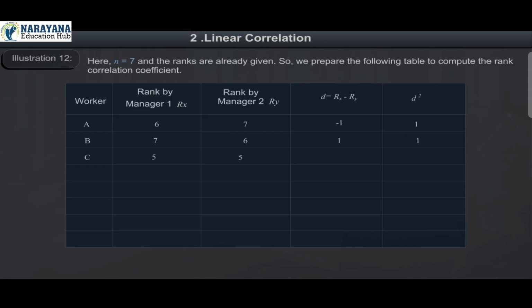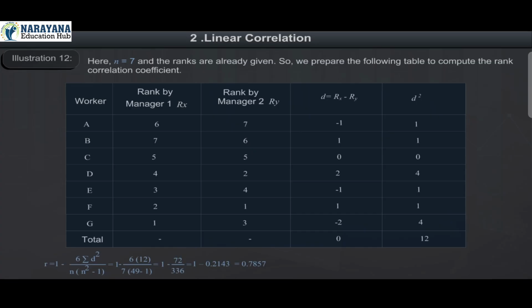C 5, 5, 0, 0. D 4, 2, 2, 4. E 3, 4, minus 1, 1. F 2, 1, 1, 1. G 1, 3, minus 2, 4. Total 0, 12. R is equal to 1 minus 6 sigma d square divided by n into n square minus